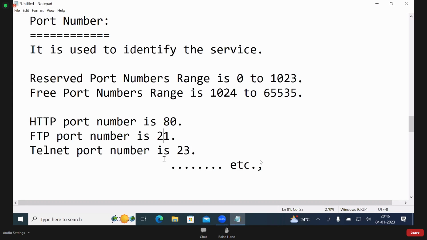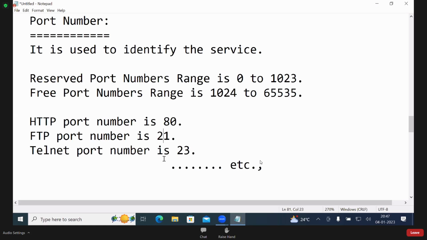You attach files to your mails. How is it transferred? With that number, FTP, one number. So that is one service. In the internet, that service is already present. So you are transferring hypertext, nothing but HTML text. That number is 80. You are typing HTTP only; that is for your convenience. But the system doesn't know HTTP. The system knows only the number 80. You are typing HTTP, converted to 80. You are typing google.com. The system doesn't know google.com. It knows numbers only, an IP address. One IP address will be there. It is converted to an IP address.